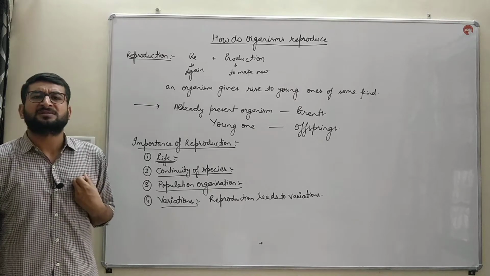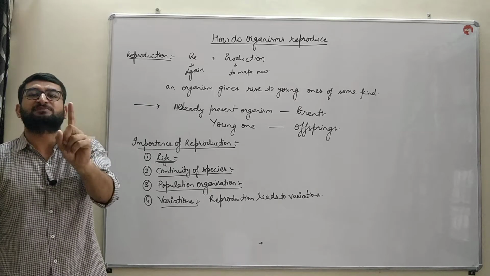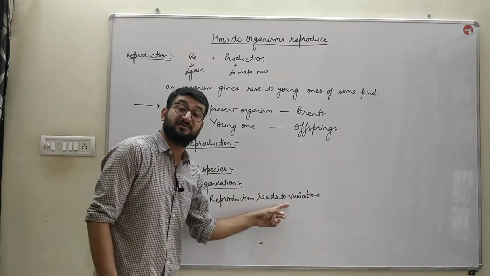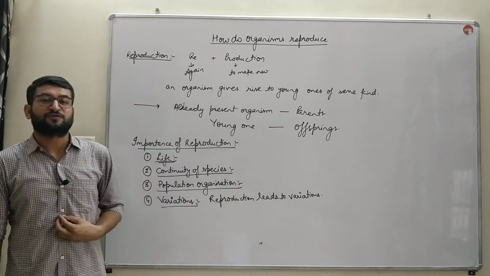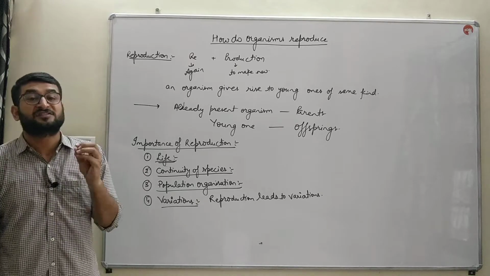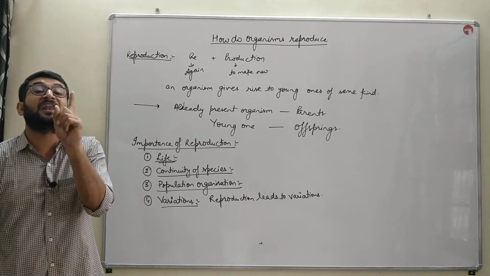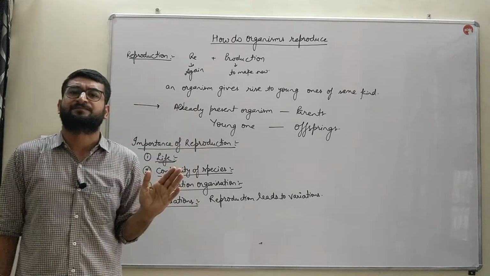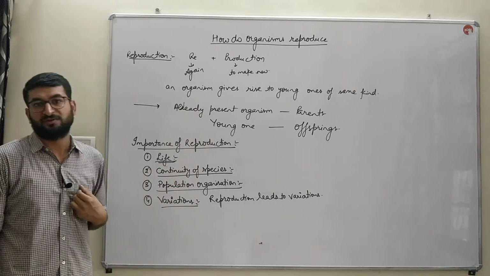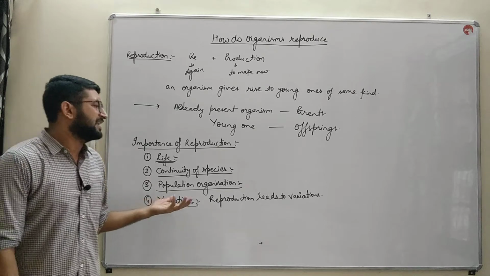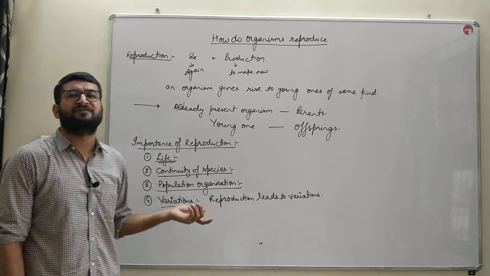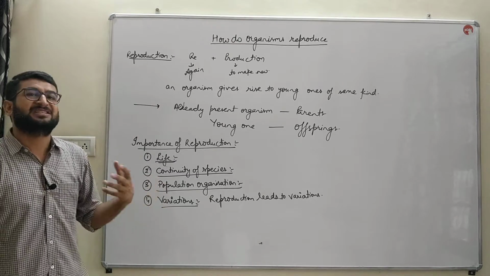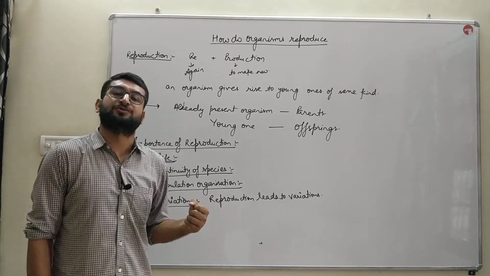Human beings are included in one species, but still we are different from each other because of the variations. We are produced from our mother and father, but still we are not just alike, just like them, bache. We are not exactly like them because of the variations. We'll discuss these variations, how do they come, what are the benefits of neutral variation, what are the harmful variations in your next chapter, that is heredity and evolution.